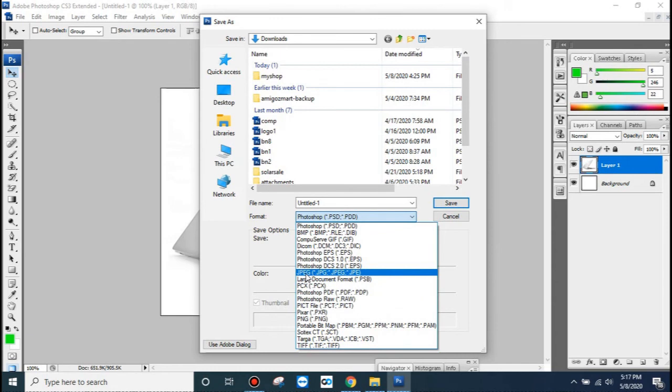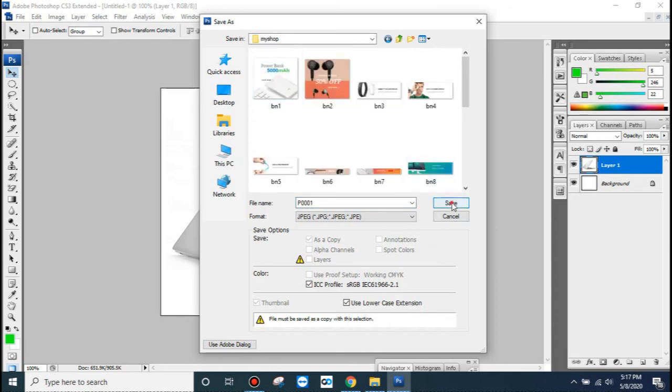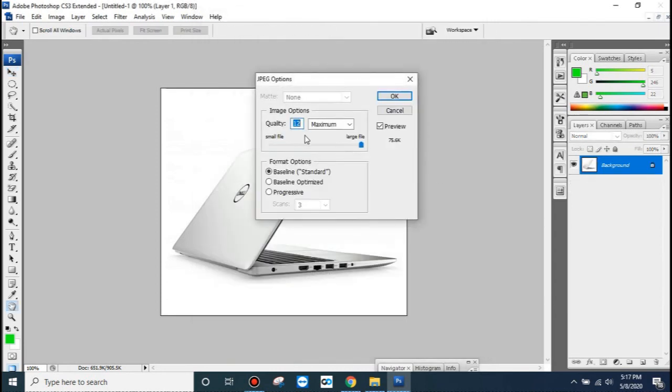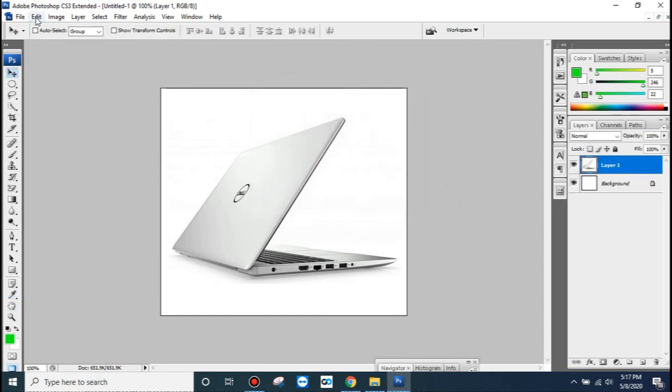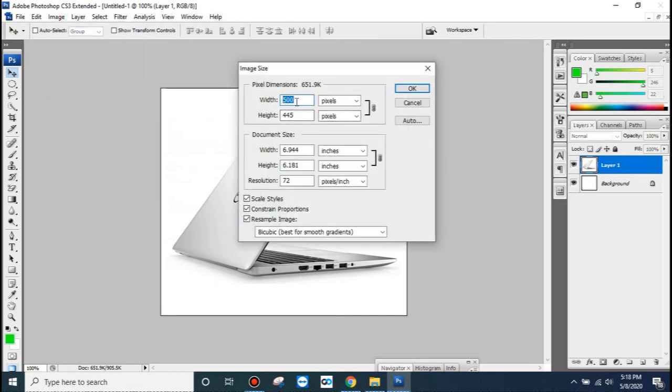Normally use JPG for a small file size, and put a name like P for product, 0001. Save it here. You can select maximum, high, or medium quality, depending on need. This image now has our required size, 500 by 445.